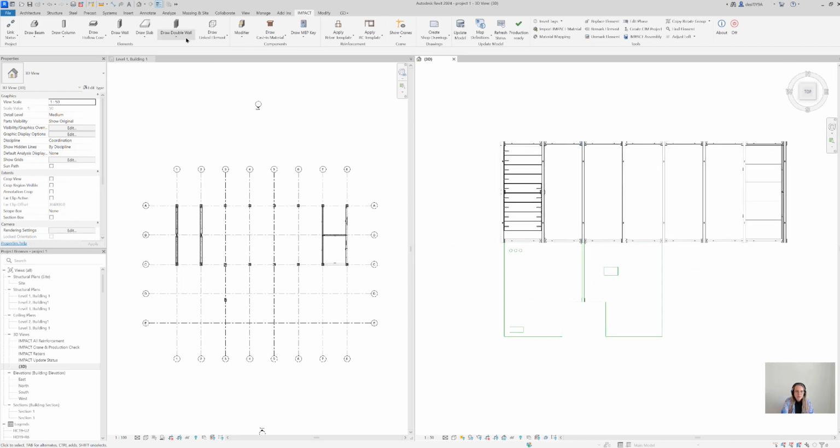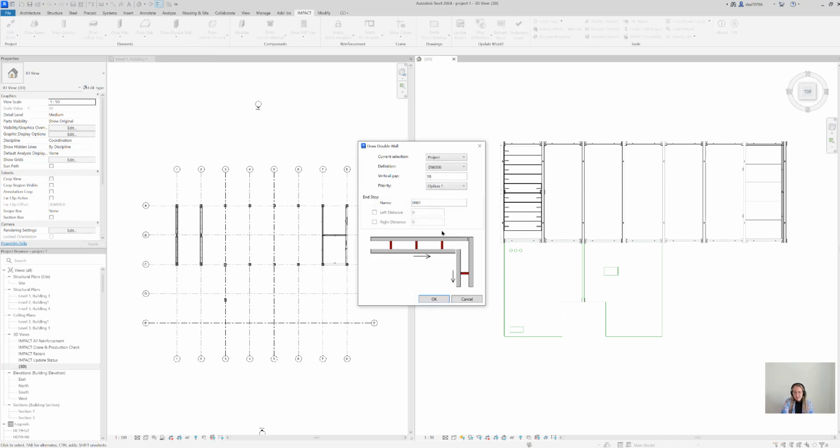And yeah, we're going to start with drawing double walls, and the first thing to do when drawing double walls is going to the Impact menu, where we have concentrated specially developed features and functionalities that help you do the double wall design. So the first thing you need to do is to activate the draw double wall command, and here you get your